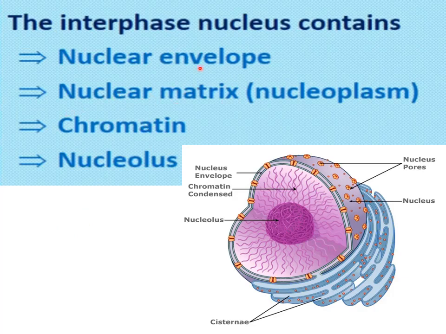Then inside that nuclear envelope, the nuclear matrix is present, which is also called nucleoplasm. Inside the nucleoplasm there is chromatin material that contains the genetic material, and the nucleolus is also present in the center of the nucleus. So here you can see all these things present. This is the nucleolus present here. These are part of the chromatin material. This chromatin is condensed, meaning it has started condensation here. This is the nuclear envelope having outer and inner nuclear membrane, and in the nuclear membrane these are pores, which are called nuclear pores.